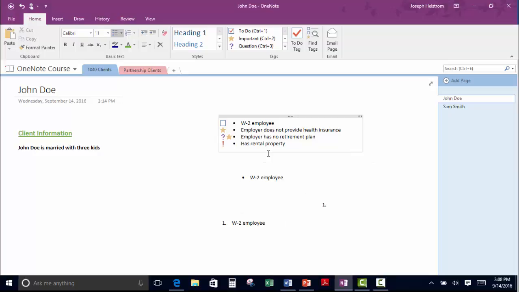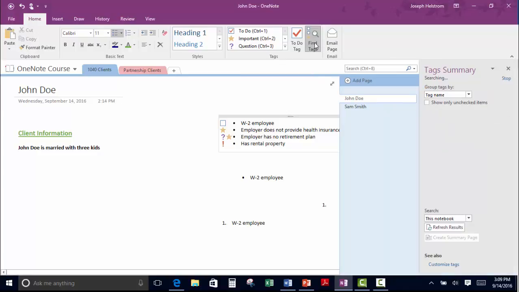Tags are searchable, and that's one of the cool features of OneNote. You can search by tags. You do this using the Find Tags feature. So if you click on Find Tags,